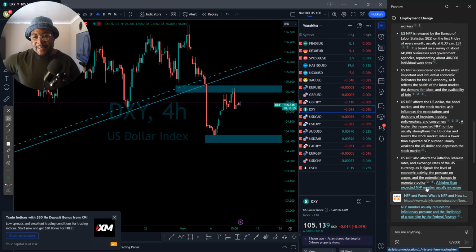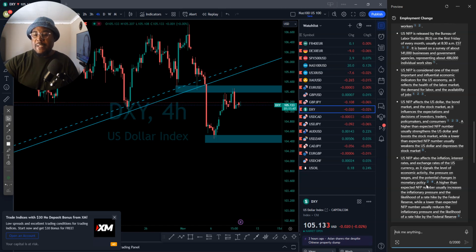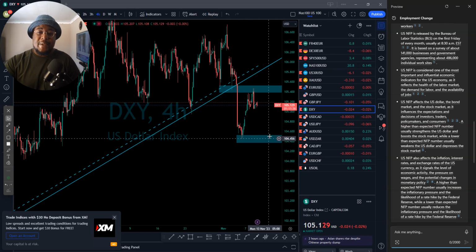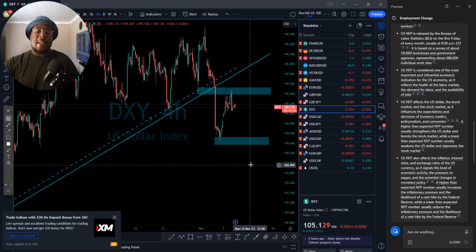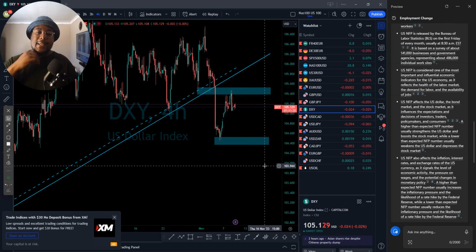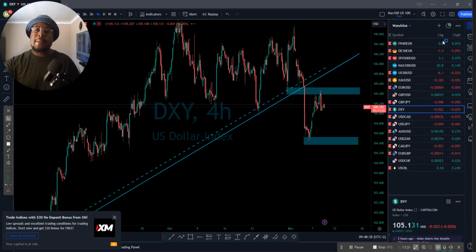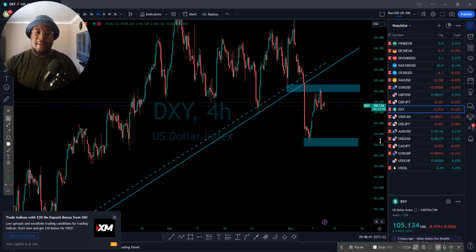It influences the expectations and decisions of investors, traders, policymakers, and consumers. A higher than expected NFP number usually strengthens the US dollar and boosts the stock market, while a lower than expected NFP number usually weakens the US dollar. I think we all covered that. So yes, it's quite easy when we just talk about only unemployment change, but once we start to add retail sales and CPIs on top of that, you'll start to understand why we are now adding this in fundamental